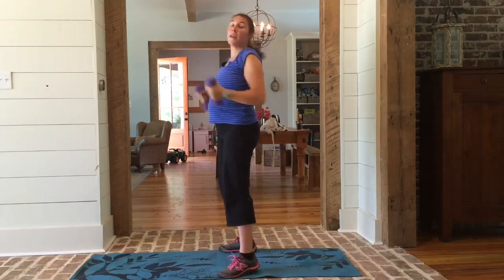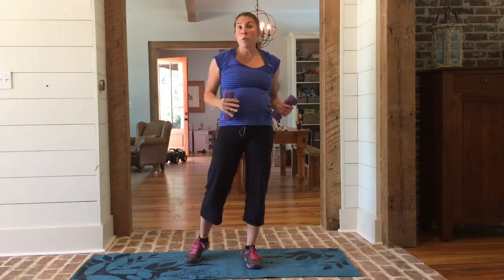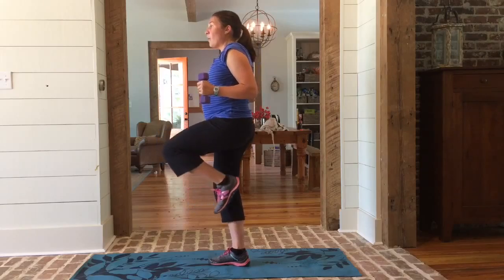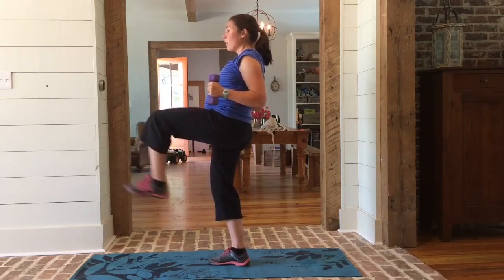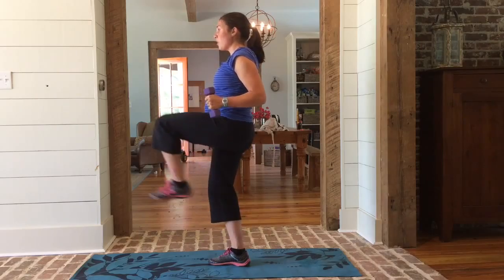One last one. All right. So this one, you're going to hold your weight. You can drop your weights if you want to, but I recommend holding them, because this is going to work our balance. It's a front kick, and then without touching, you're going to try and kick that same leg out in the back. So it's like a front kick, back kick, I guess. Front kick, back kick. The weights are going to actually stabilize your center of gravity, but if you need to,